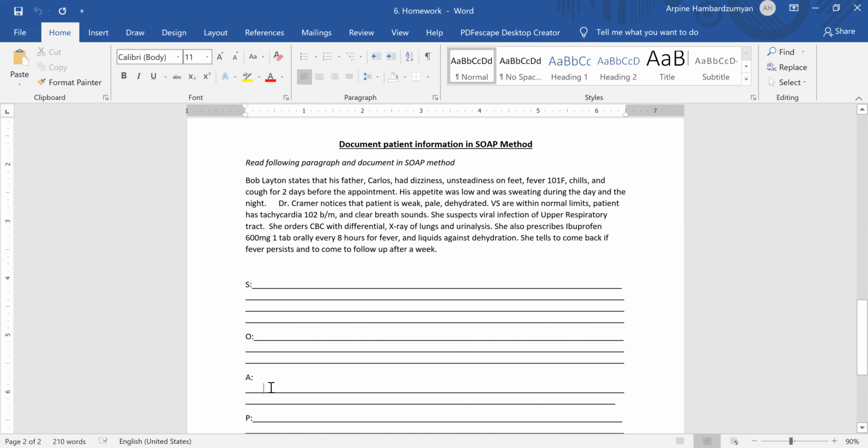In the assessment and in the plan, what we need to do, we just have 30 seconds. If it shuts off, please, my apologies, we will meet tomorrow. She suspects viral infection of the upper respiratory tract. It means the doctor thinks that there is a viral infection of the trachea or bronchitis. So in assessment, we put that according to the assessment, the patient is weak,